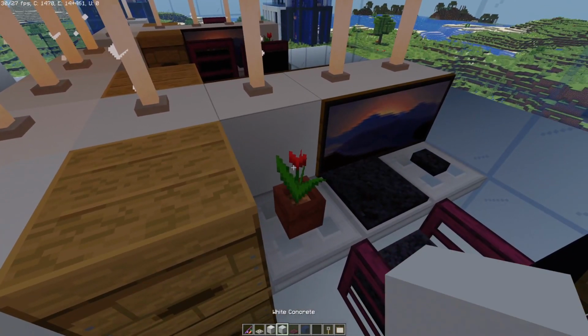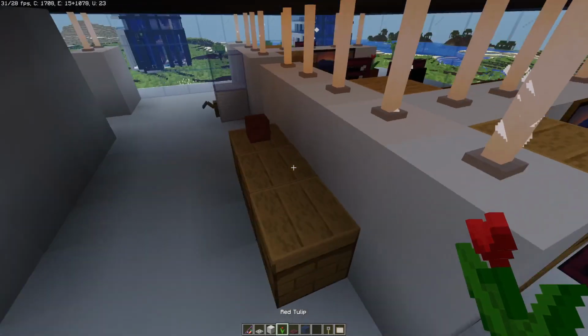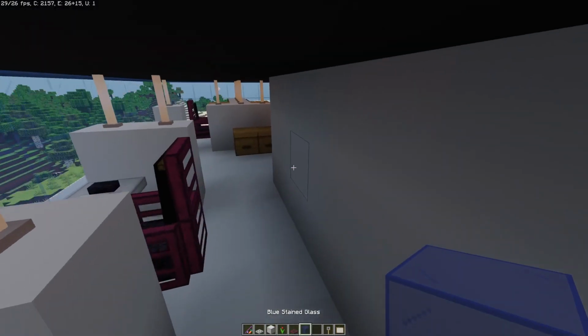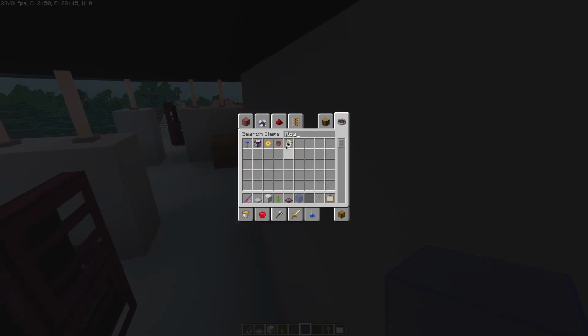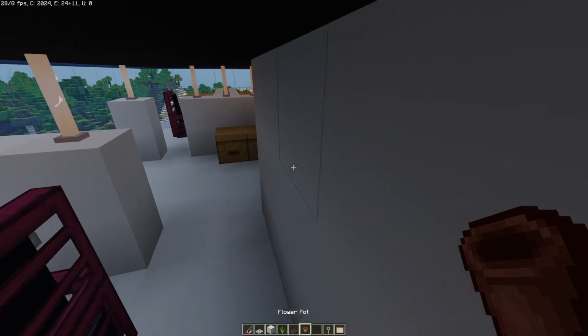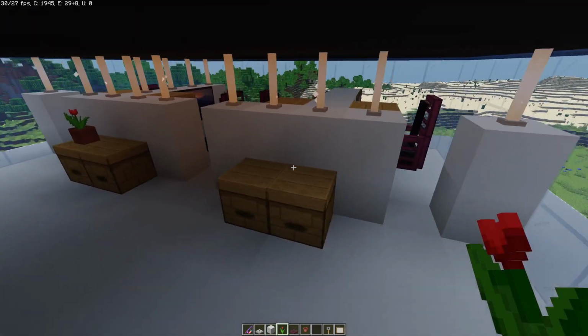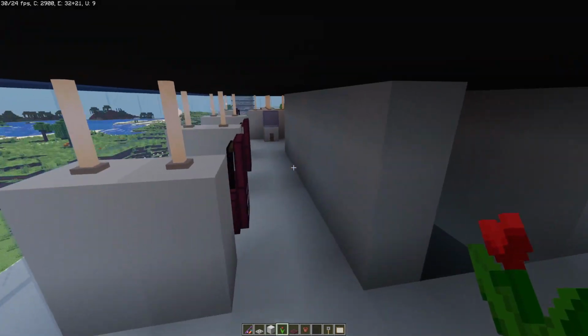Come on, give me the flower. That's not what I'm looking at. There we go. Okay, there we go, like that, and maybe one over here as well with the flower pot. I just got that out of my inventory somehow. There we go. And this thing, it'd be really cool if we could put a printer or two on top of these things, or a